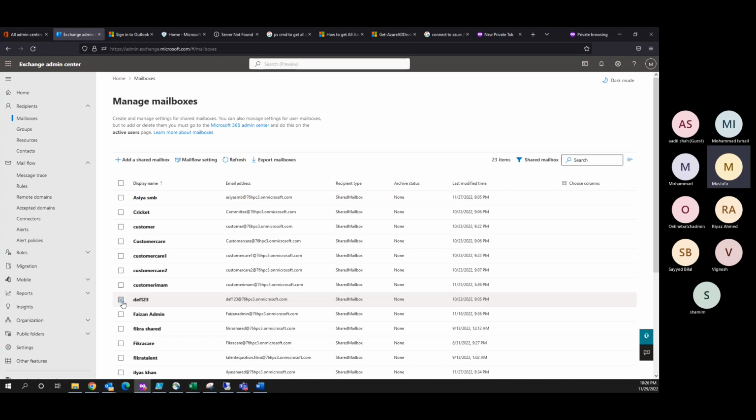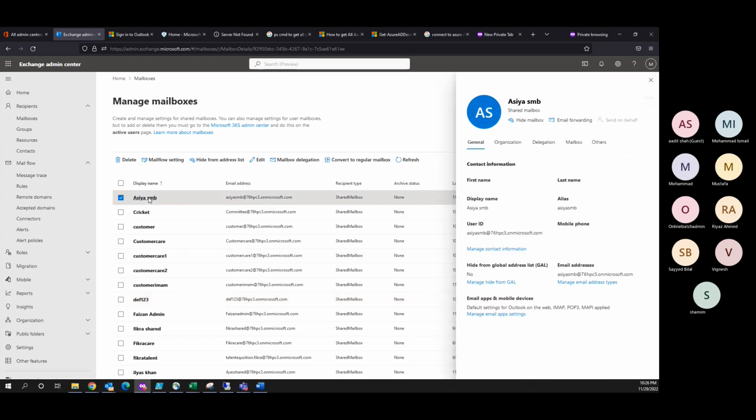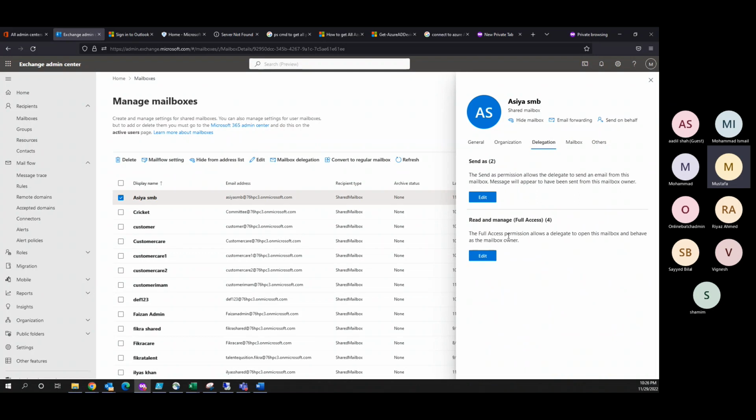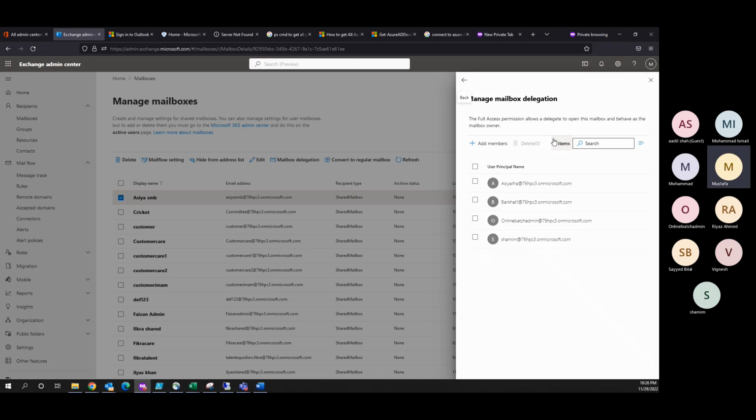If I go here and open this, and go to delegation, I can see there are four users assigned permission on this shared mailbox. If you want to open this shared mailbox that was created by RCR, four users can access it as of now. So permission has been assigned to four users. To open this shared mailbox, Asia SMB at whatever domain.com, only these four users can supply the credentials and open